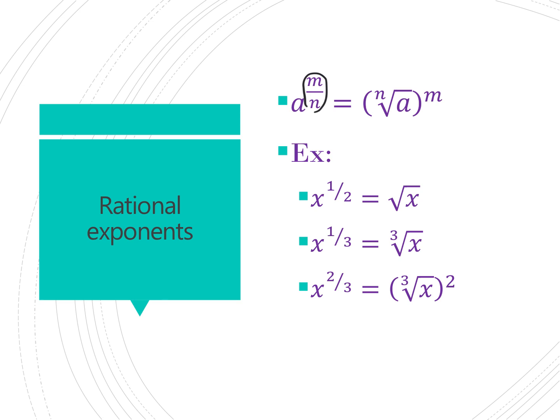Now, what I like to do to help everybody remember which part becomes the exponent and which one becomes the root, I think about this like a tree. So think of the roots of a tree as being underground. So the root is going to be the denominator, and then the numerator of the fraction is going to be the exponent. So notice they've turned this into the nth root of a raised to the m